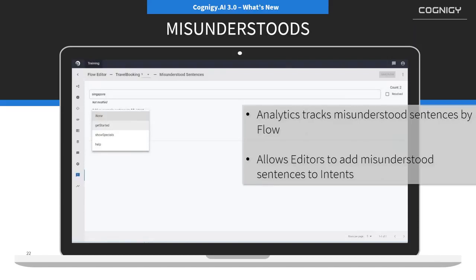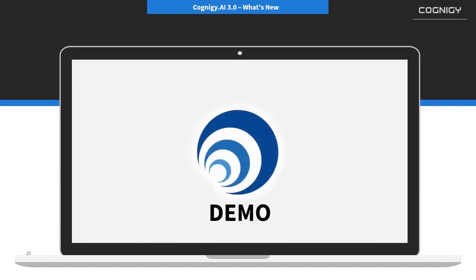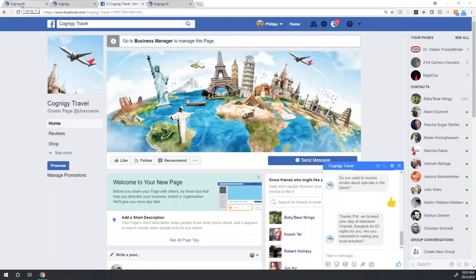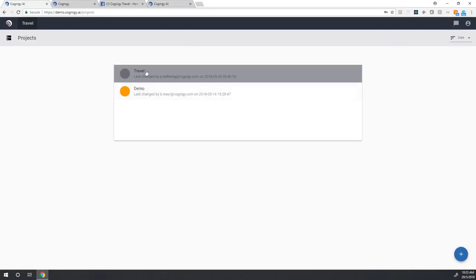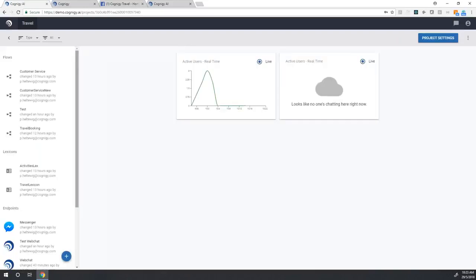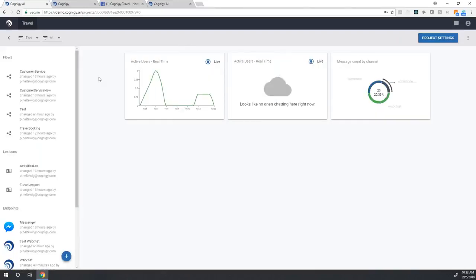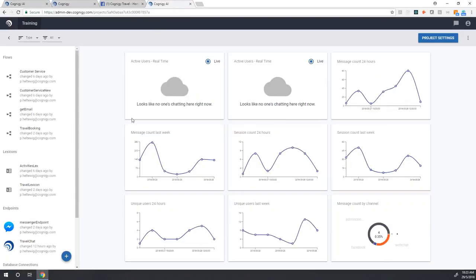With that, I would like to go into a demo of the backend and of the things that I just showed you. So when we log in, you can see we're starting at the project overview page, and I currently have access to 2 projects. One is the travel project, and I've only imported this yesterday, so I'm not really getting the message stats yet. But if the project lives a little bit longer, then you can see we're actually getting a lot of project analytics directly on the projects page.